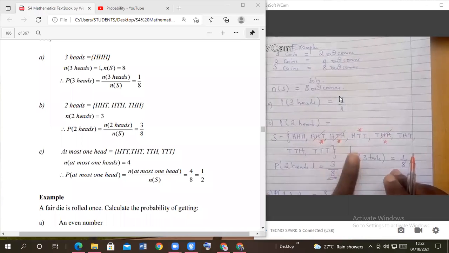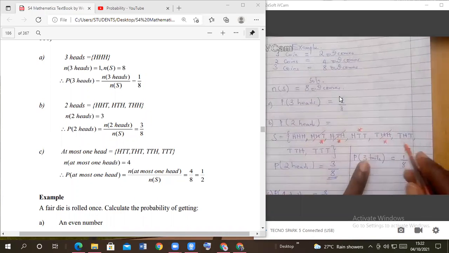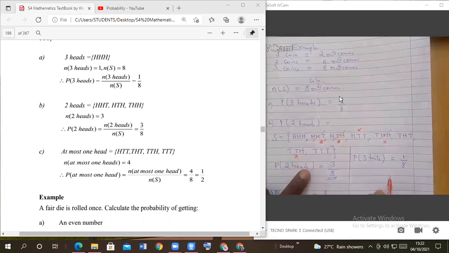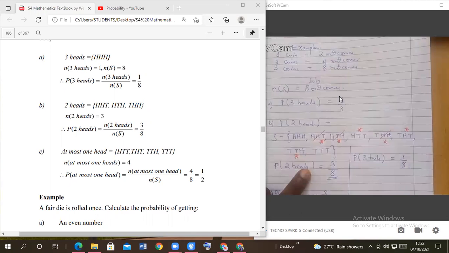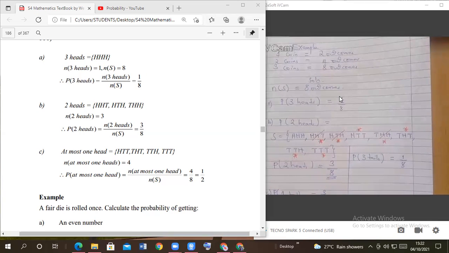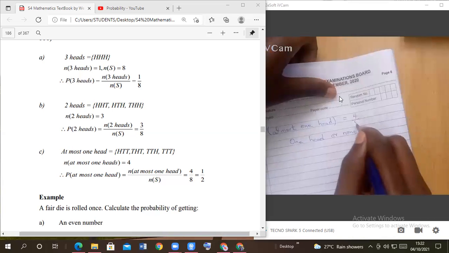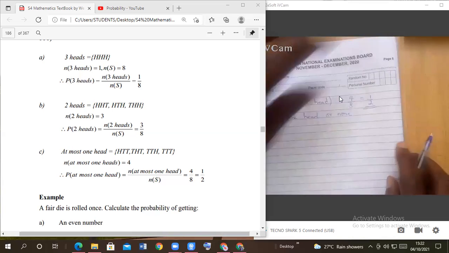TTH. THT. This one here. TTT. Good. So how many are there? 4. So it becomes 4 over 8, which is the same as